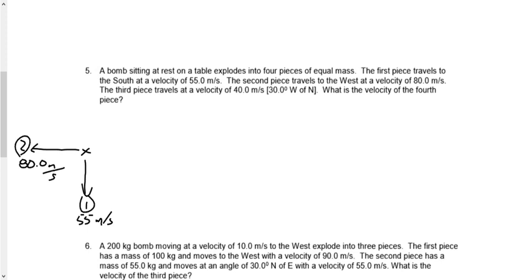And I got piece number 3 going west of north. This is piece number 3, 30 degrees west of north. We're measuring from the north, but yet we're going west from the north, or west of north. The value of that is 40 meters per second. And then the fourth piece, I don't know exactly where it's going to go. I do know that it's going to go to the east, but is it going to be north and east or south and east? I'm not really sure at this point, but